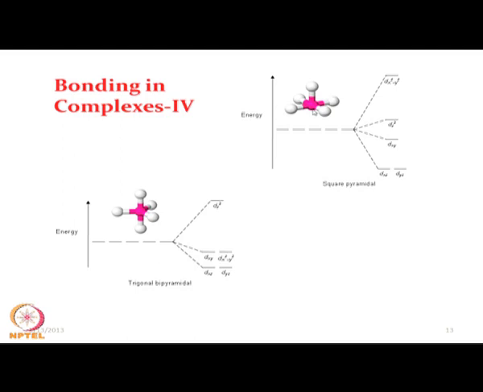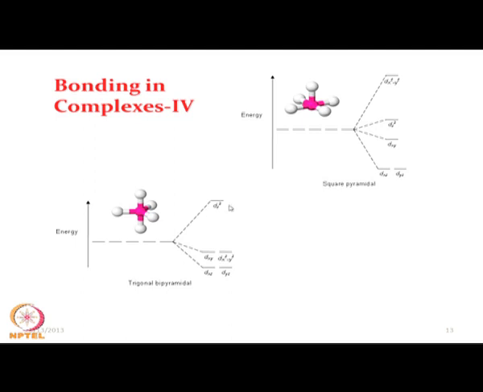If we get interconversion due to pseudo rotation, that is, if we have any compound which is interconverting between square pyramidal and trigonal bipyramidal geometries, we will find that the corresponding magnetic property will not change for nickel 2, palladium 2 and platinum 2 compounds, because all these 4 levels will be occupied by 8 electrons and all of them will be paired. So, pairing in these levels will give rise to a situation which is diamagnetic.